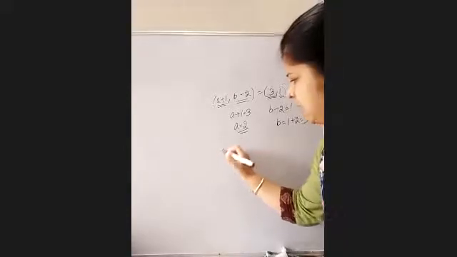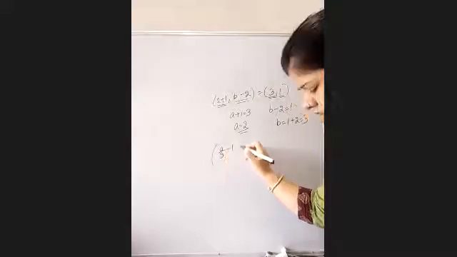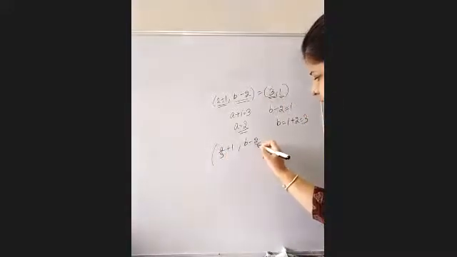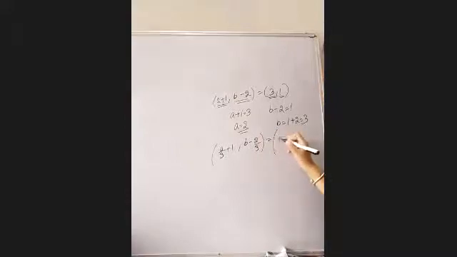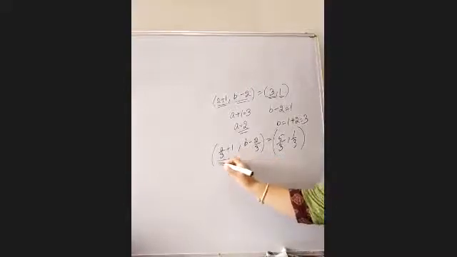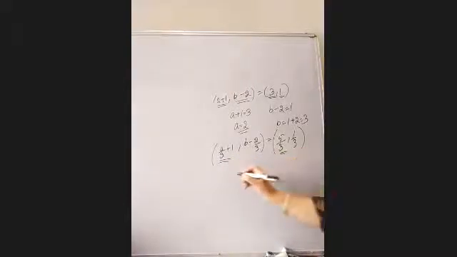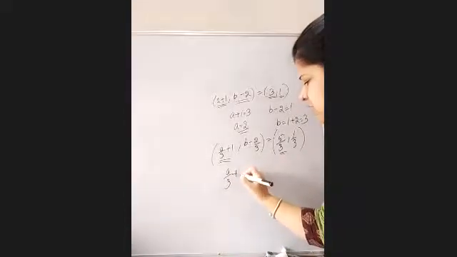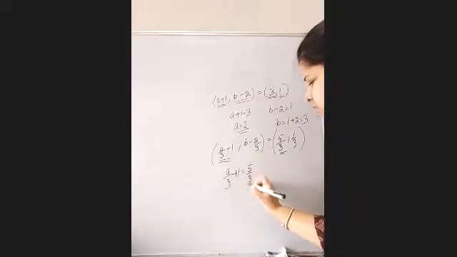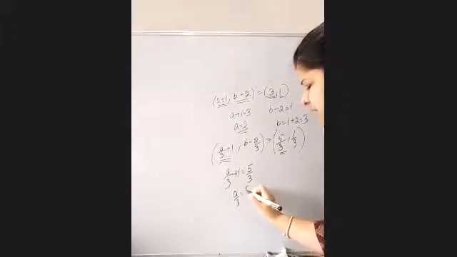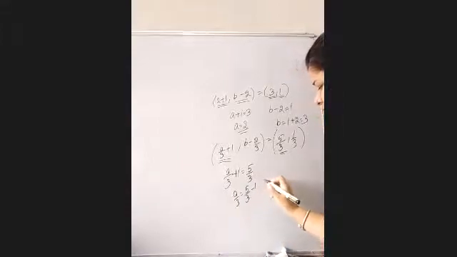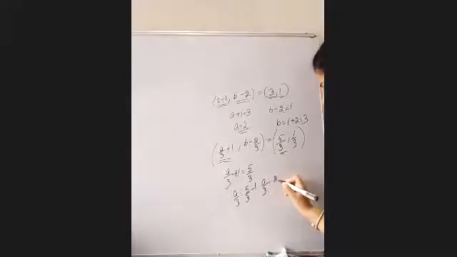That is a by 3 plus 1 comma b minus 2 by 3. To find a and b. A by 3 plus 1, b minus 2 by 3 equal to, this value a by 3 plus 1 should come equal to 5 by 3. So a by 3 plus 1 is equal to 5 by 3. A by 3 equal to 5 by 3 take that side, minus 1. A by 3 equals 2 by 3 and answer is equal to 3.